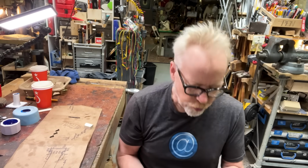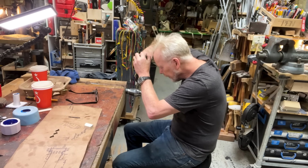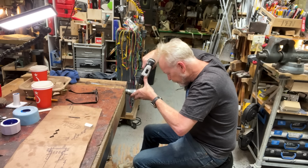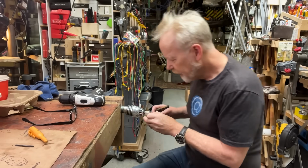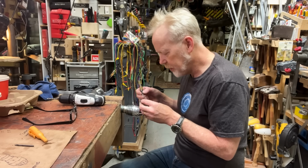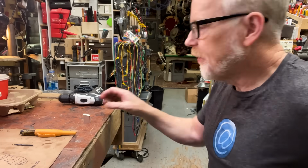I use these Makita 12 volts when I want some sensitivity to my drilling. They just give me a little more precision and a little better hand feel. Now when I want to transfer, I want to stick this in here and mark where these holes are going to go. Yeah, that's the tricky one. Let's sand that smooth. I rounded it a bit so I have a nice marking surface,